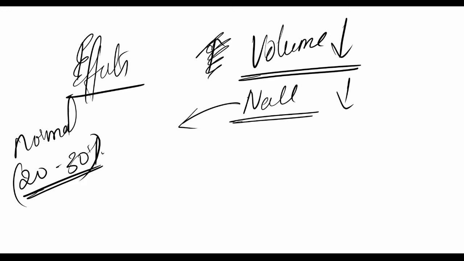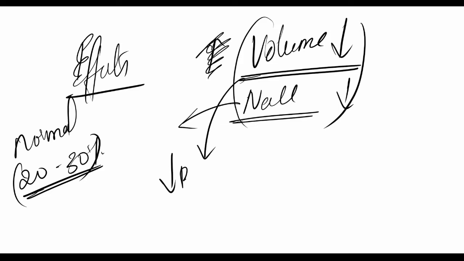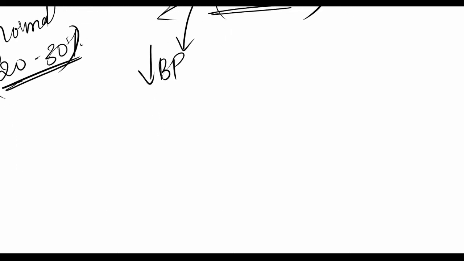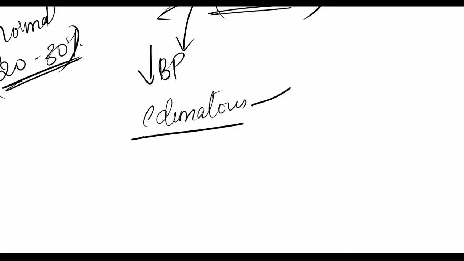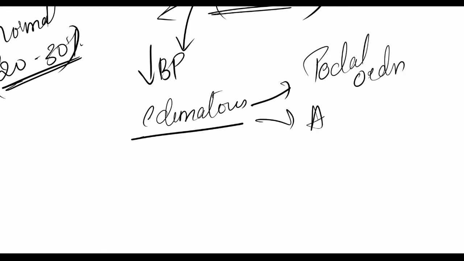Now because of the rapid decrease of ions and volume, there is going to be a very fast decrease in BP, which is a good thing. You can use them in edematous states, for example, in pedal edema. You can use them in ascites also. So in edematous states, wherever you have accumulation of fluid,